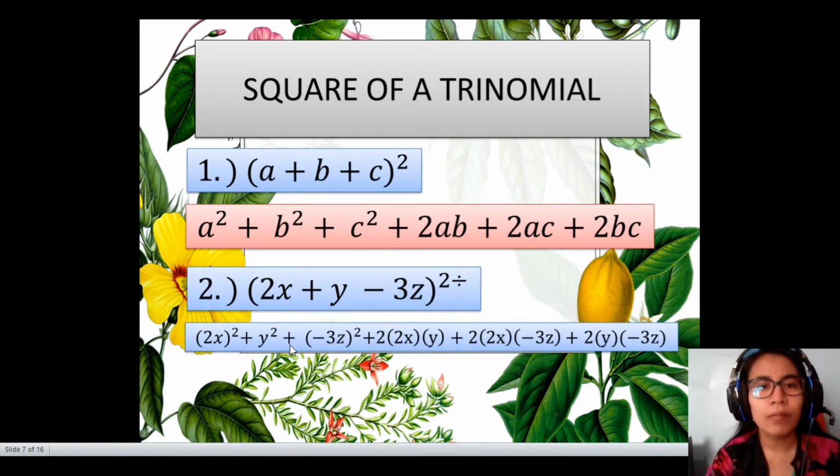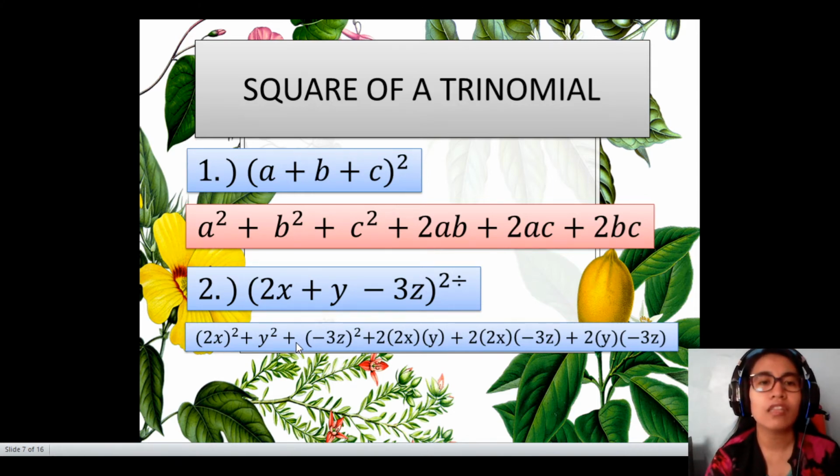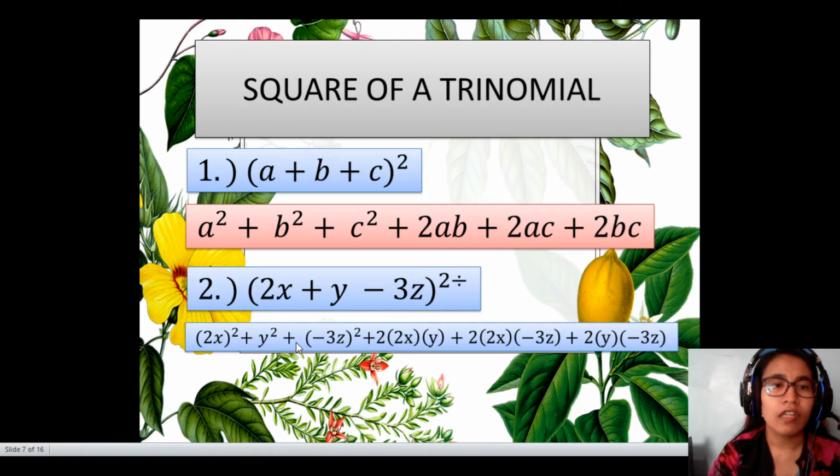So we have plus, parenthesis again, negative 3z squared plus 2 times 2x times y plus 2 times 2x times negative 3z plus 2 times y times negative 3z. I don't put the negative sign as a minus sign. So I just put it together in a parenthesis for me to not get confused. Okay, so our final answer would be